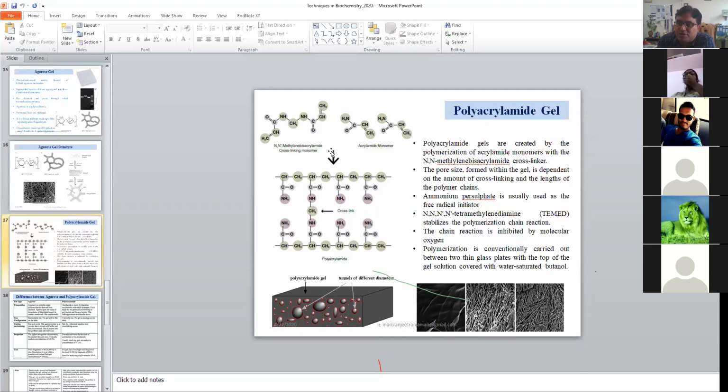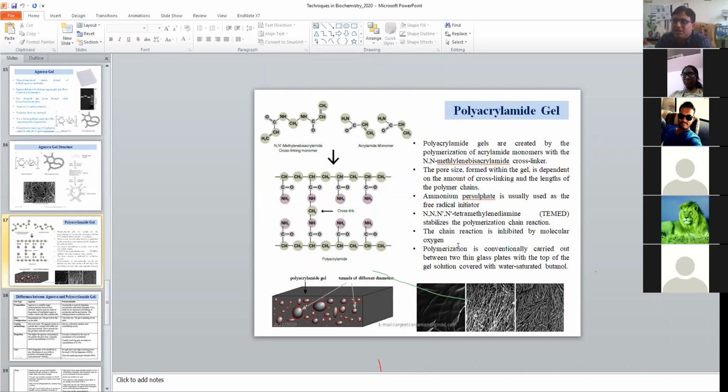So basically for this polymerization, we are using two different free radical initiators. One is persulfate and the other is TEMED, tetramethylethylenediamine. These two are basically used to initiate the polymerization reaction. We also have photopolymerization, where you just dissolve these two and keep it in light with the riboflavin. Ultimately it will polymerize. Another option is to use fresh ammonium persulfate and TEMED to polymerize these two in the form of this cross-linked gel.